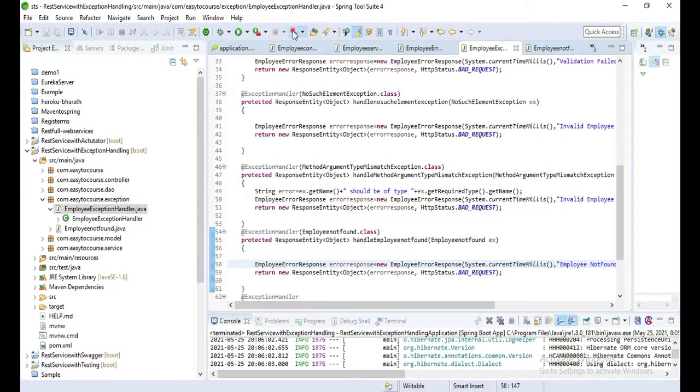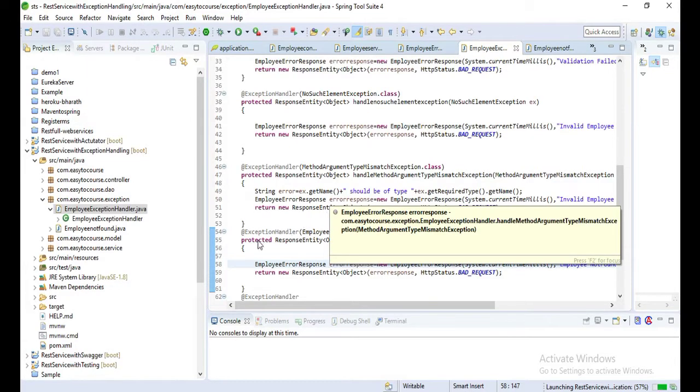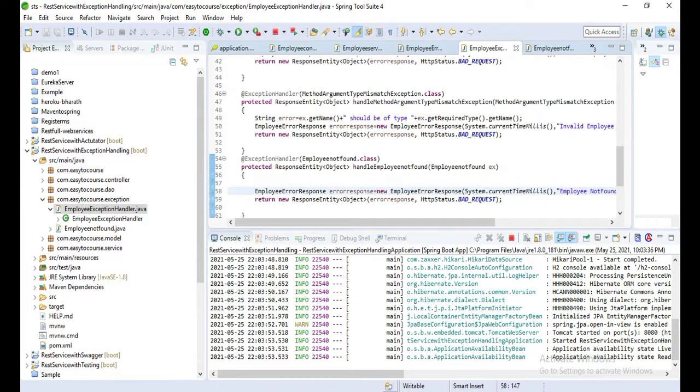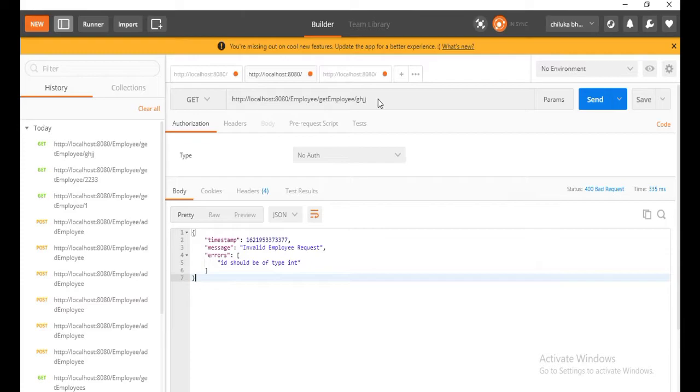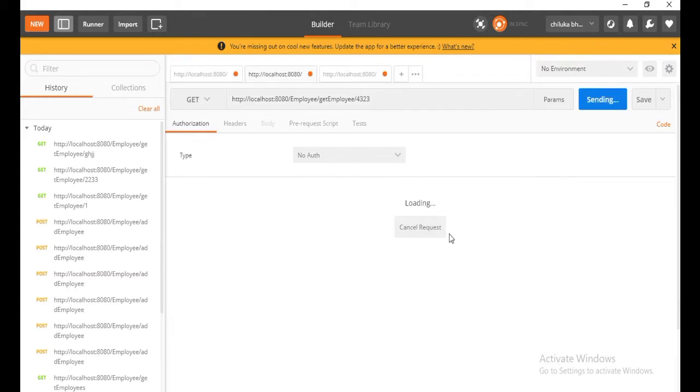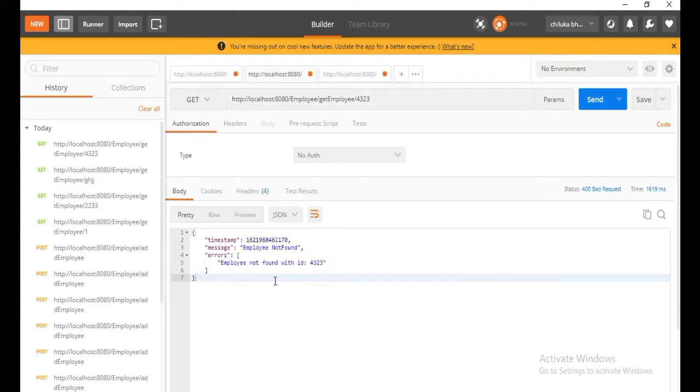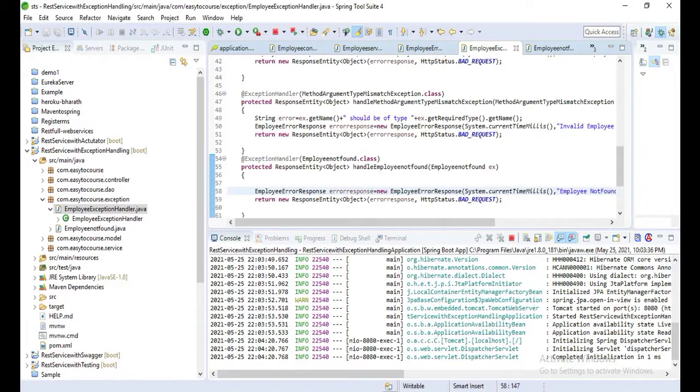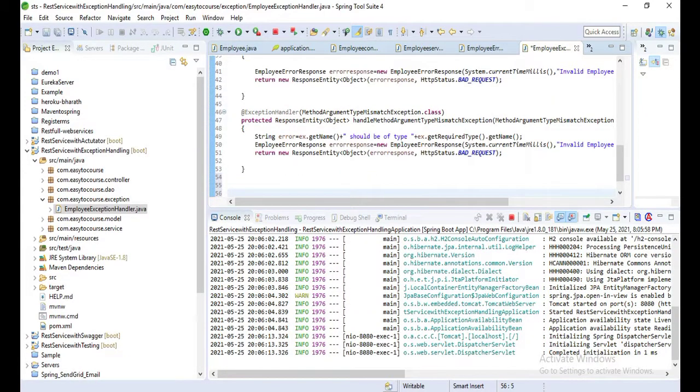Let's relaunch. Okay, now let's type some random value. Now you can see the complete description of the error, employee not found with id. In this way you can handle custom exceptions in the service layer also.